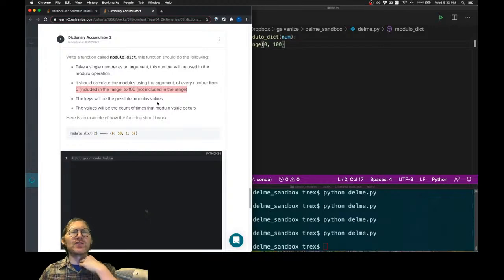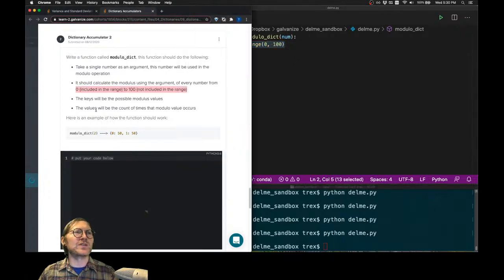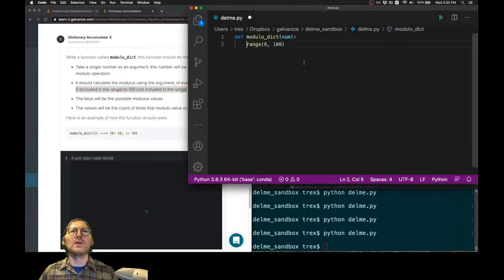The result of the modulus of the number, of whatever value is here divided by the number, right? The keys will be possible modulus values. The values will be the count of times that modulo value occurs. Okay, easy enough. So we're going to make a dictionary,